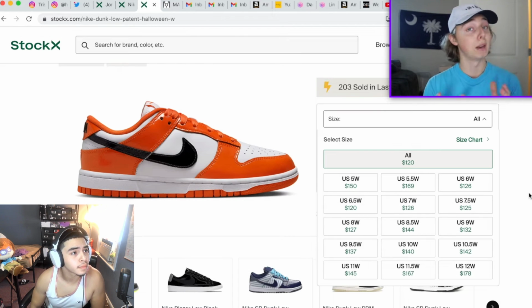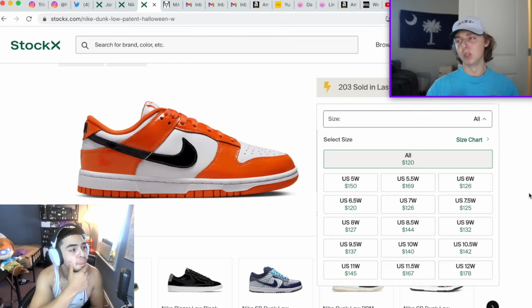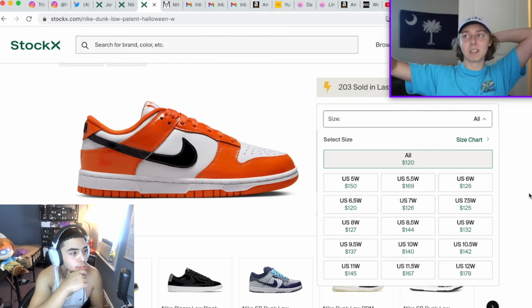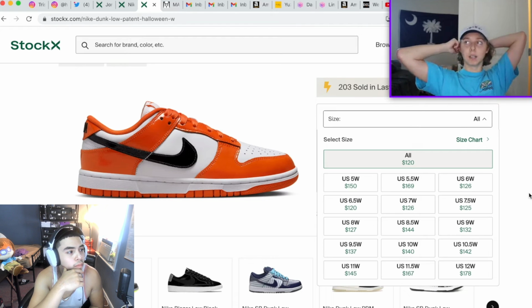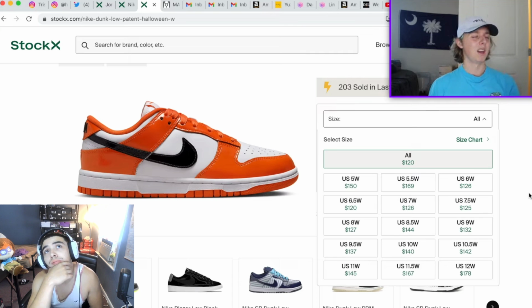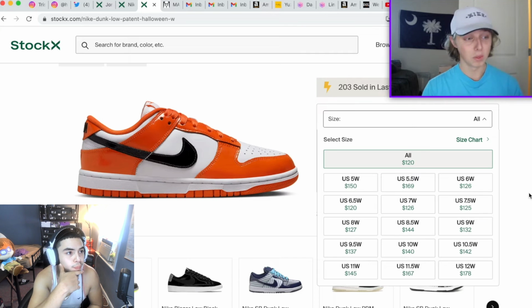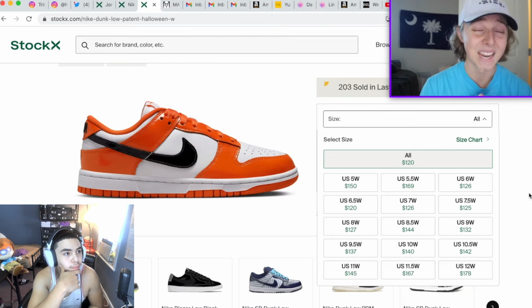Hopefully they wouldn't drop a Halloween themed sneaker after Halloween. They do that sometimes, Nike with coordinating their releases. I remember they did it with like the skeleton Air Force Ones. I think one time they dropped like some pairs of them in November, and I was like, okay, why are we dropping Halloween sneakers in November? Halloween just happened. But I'm hoping they'll drop this one on time, because if they do a patent dunk low,